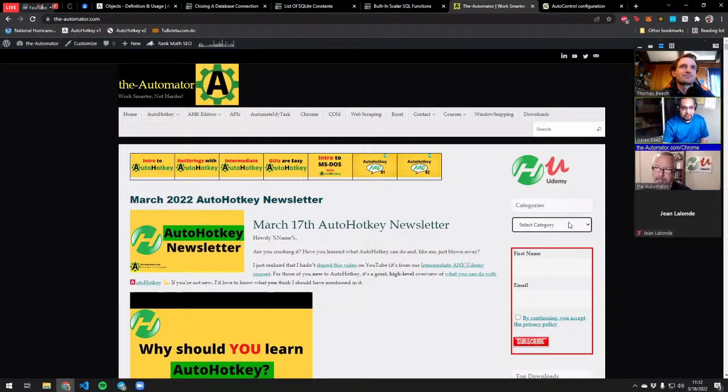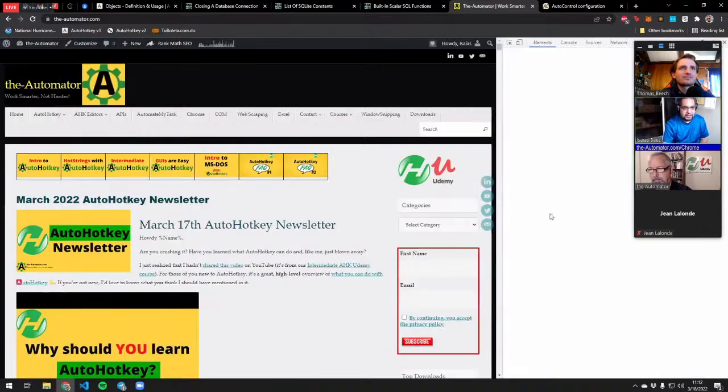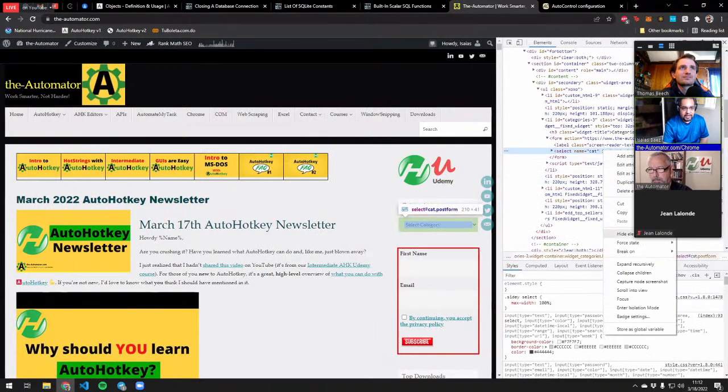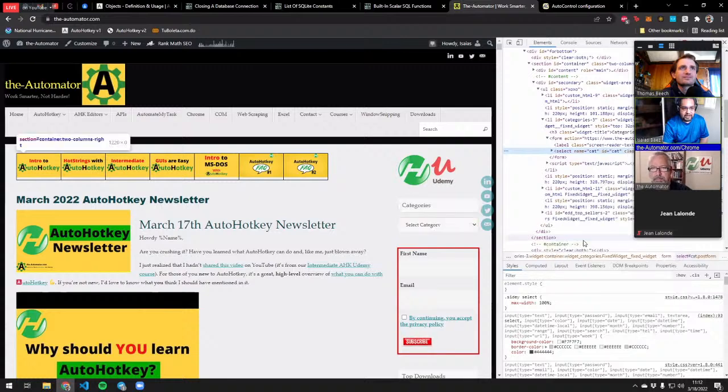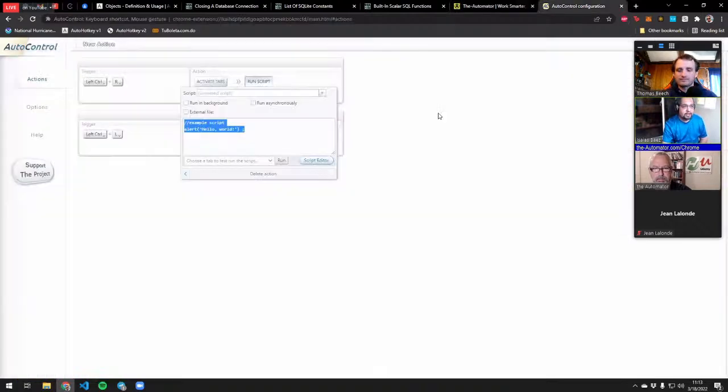But in this case, for example, if I want to just select the category from here, I would just go ahead and inspect that object, get its JS path, and I would just test it. So yeah, I have my JS path for it, so it is already selecting it. And I could just select an index, let's say number 3, and you would see that it changes whenever I do that. So if I just go ahead and copy this code, I could put it in my script here,